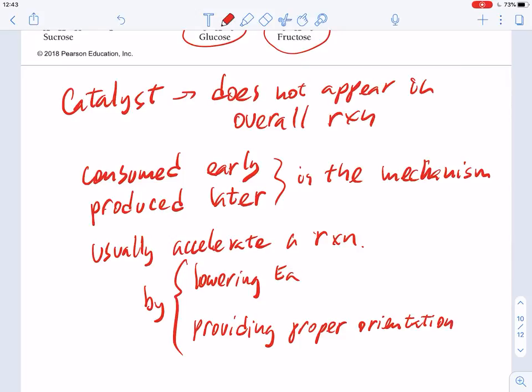Okay, so this video can be rather short for what you used to see, but that's basically what the catalyst does. Nothing to calculate, nothing to manipulate. The most that you may see is a mechanism, and you have to identify if there is any catalyst in that mechanism. Okay, other than that is knowing what a catalyst does, how they act, and of course